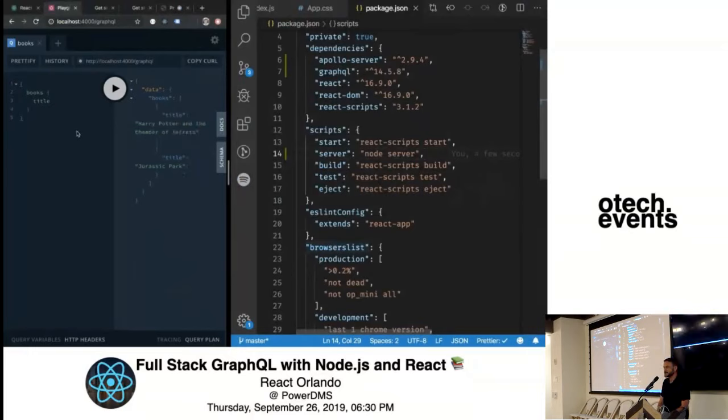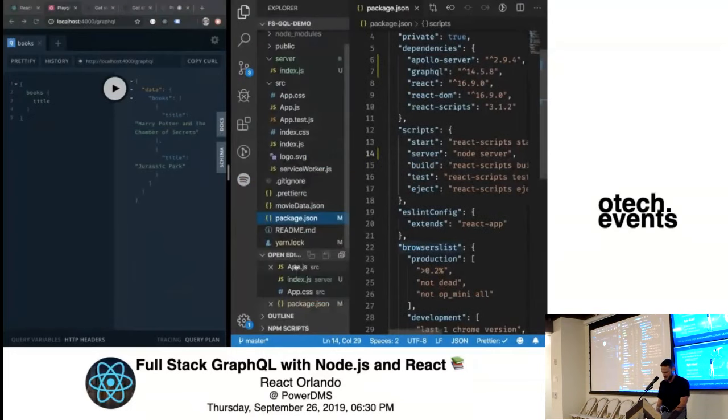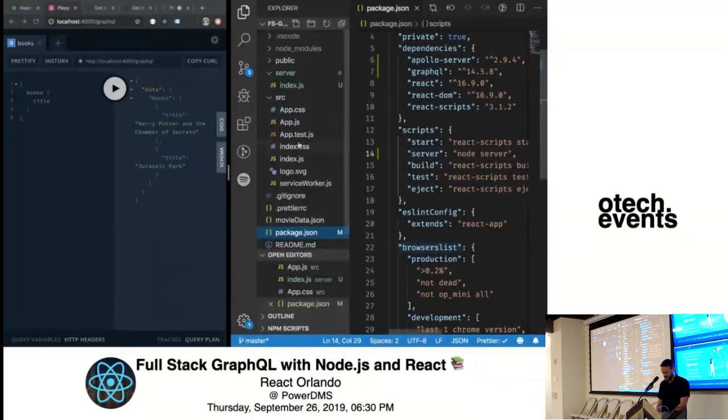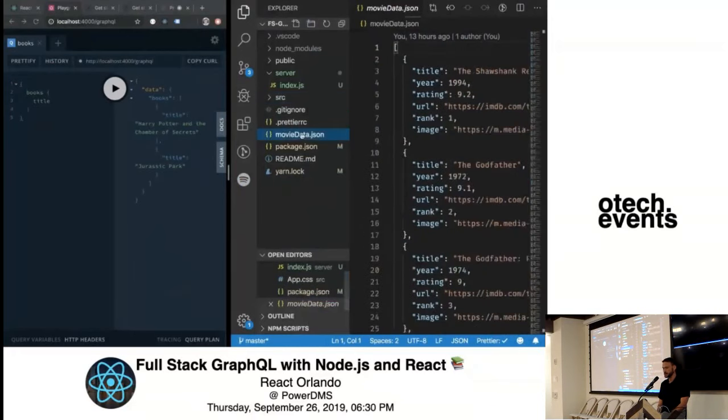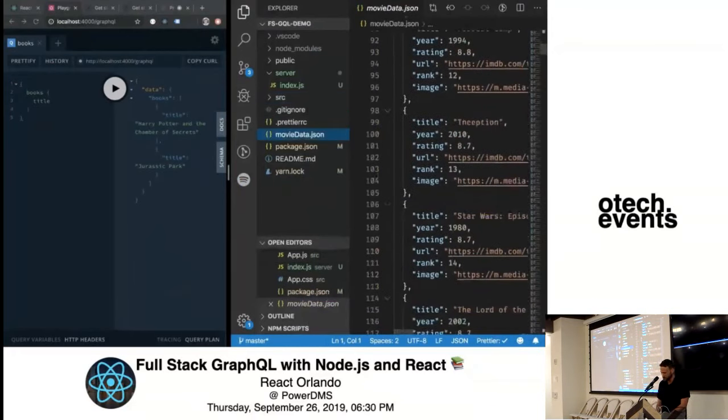So the server is working, that's great, but it's giving us books, and I want movies, so we need to change it to give us some movie data, which I have here somewhere, I hope. Yeah, okay, so I have a big JSON file that has all the 250 of the top IMDb movies. So I'm gonna put that here into the server folder,